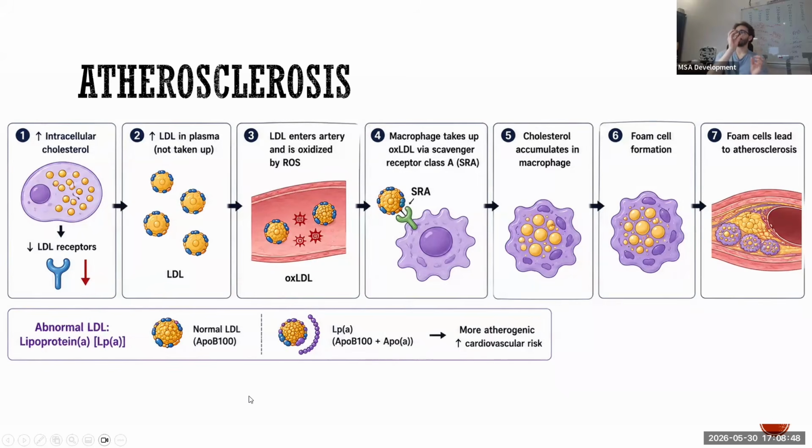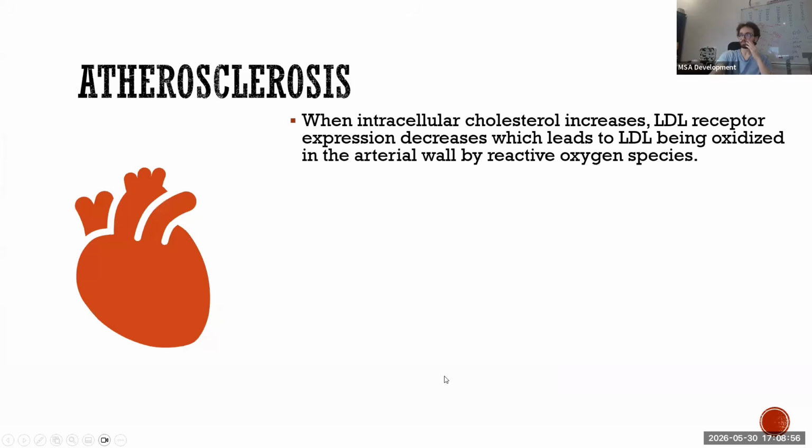Lipoprotein A is basically ApoB100 and a modification. The final product is called lipoprotein A and it leads to atherosclerosis. Let's talk about atherosclerosis. When intracellular cholesterol increases, LDL receptor decreases, which leads to LDL being oxidized outside the cell